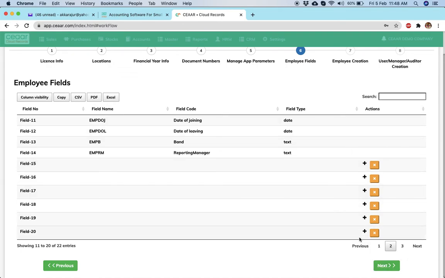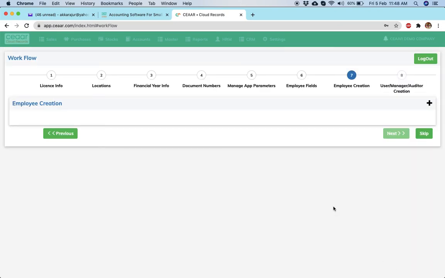You can do it here or you can do it afterwards while using the application. Employee creation. Since we do not have any employees, we are moving forward. I can enter employees if I have. Skip.